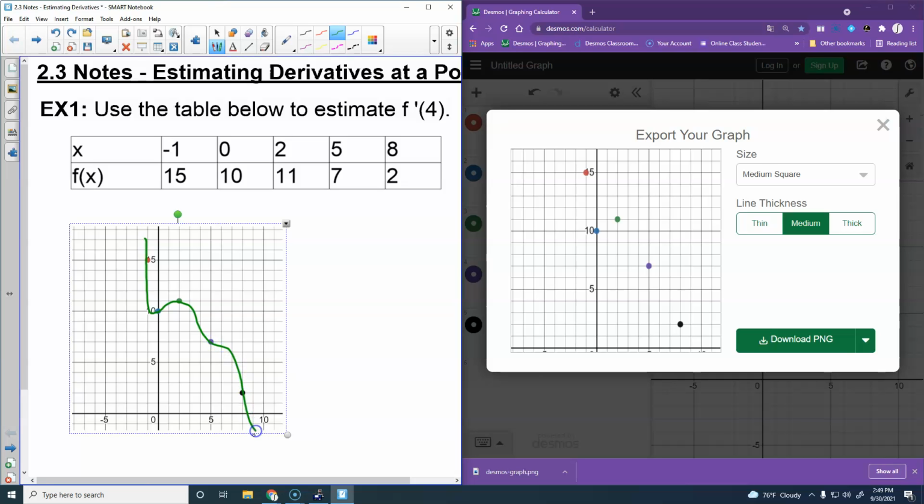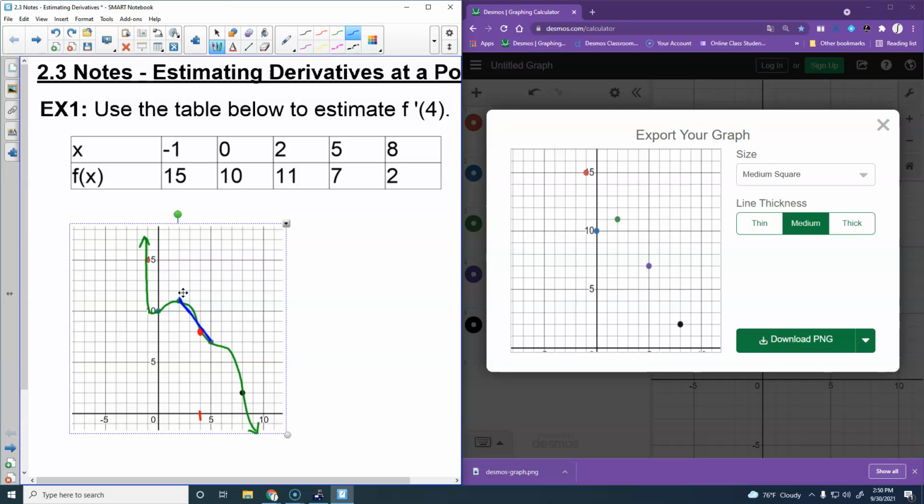Yeah, I'm just making up something here. I don't know what that green graph looks like. But if 4 is right here, so if I go up here to my graph, here's that point. I don't know the tangent line at that point exactly, but it could be infinity. But the closest guess I could make would be